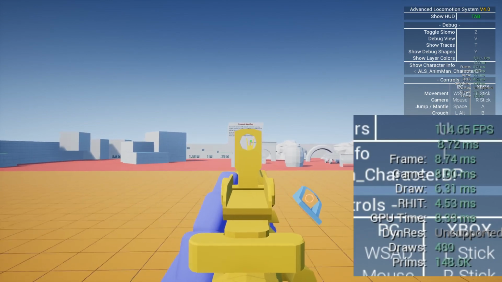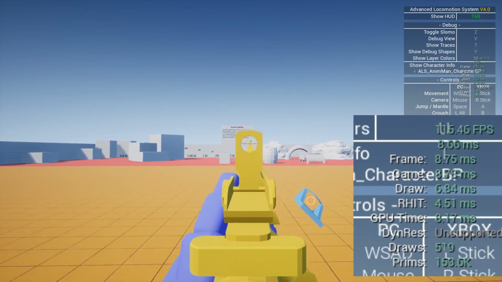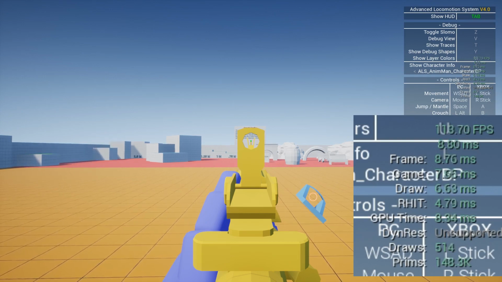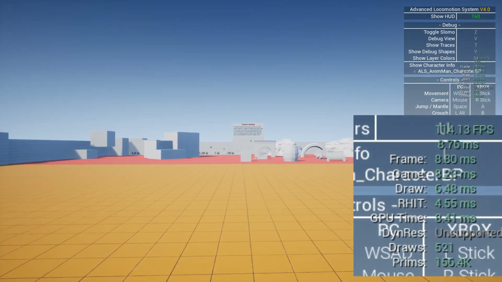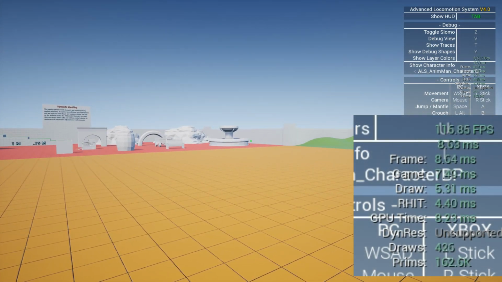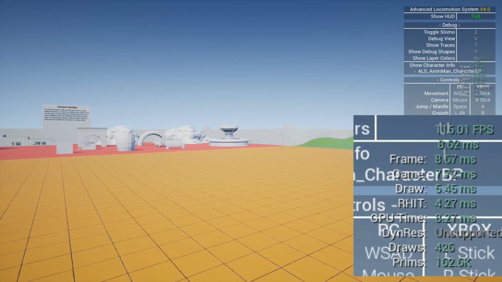Move. It's also in the 7 point something, 8 point something milliseconds, so it's a very minimal impact on performance,